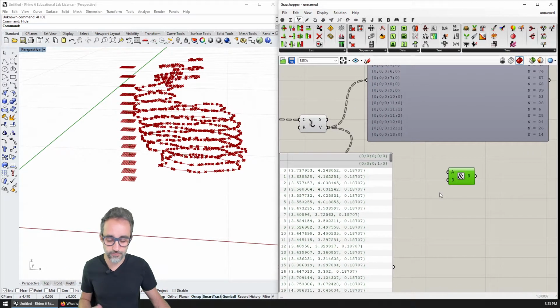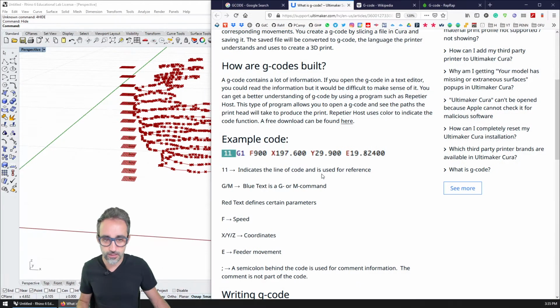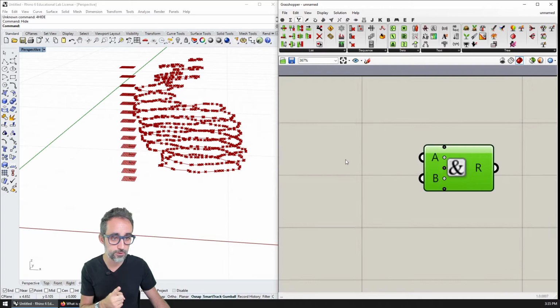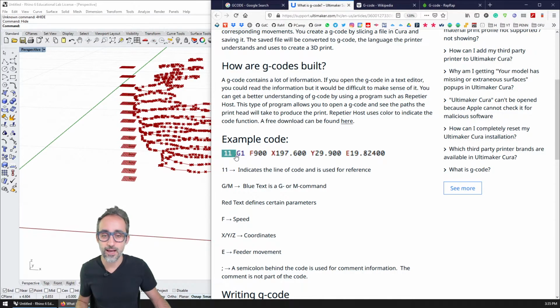And then the first part of my G-code string, for each point, is going to be the G1 instruction. So the first thing that I'm going to concatenate is going to be G1. I'm going to skip the speed; I'm not going to care about that for right now.